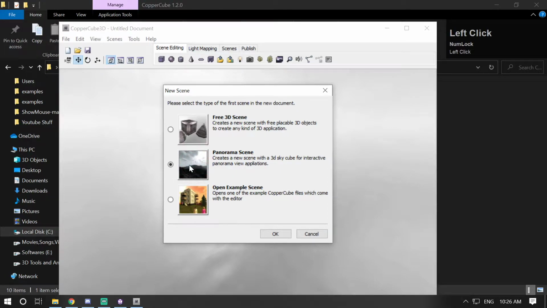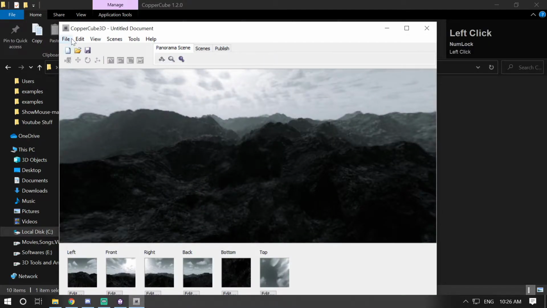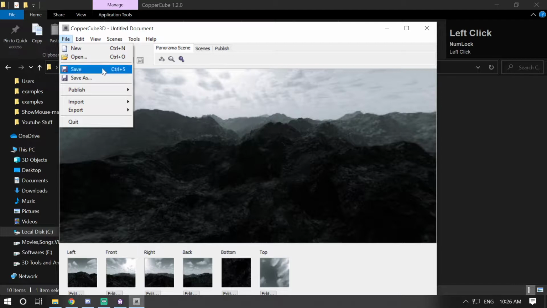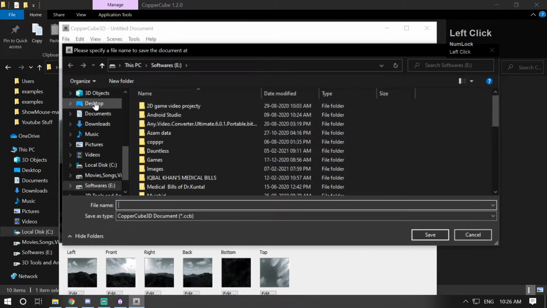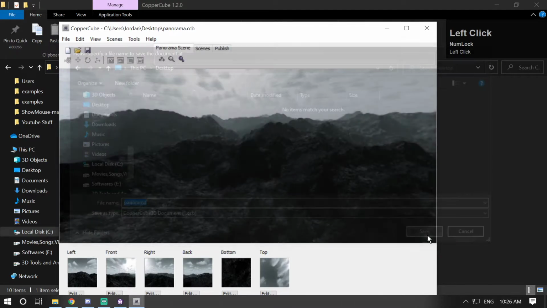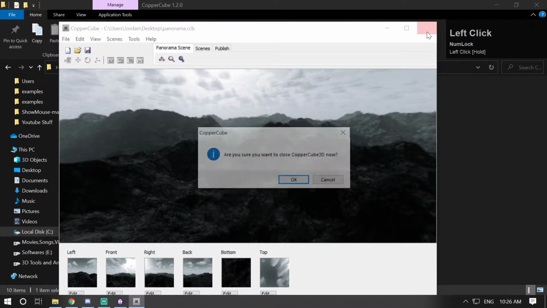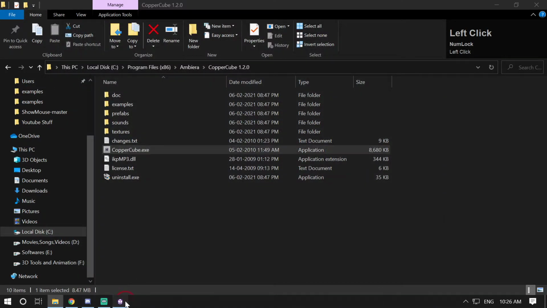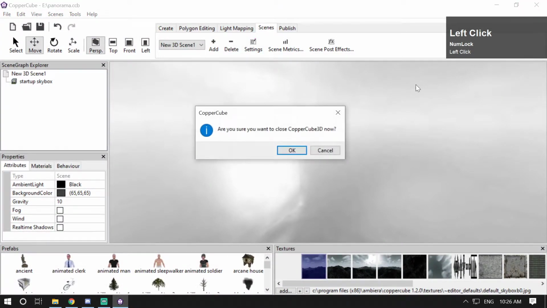So just select this panorama scene here, open it, and save it as a new scene on your desktop or somewhere else, wherever you want. I'm going to name it panorama, and if I close it now and close this as well,